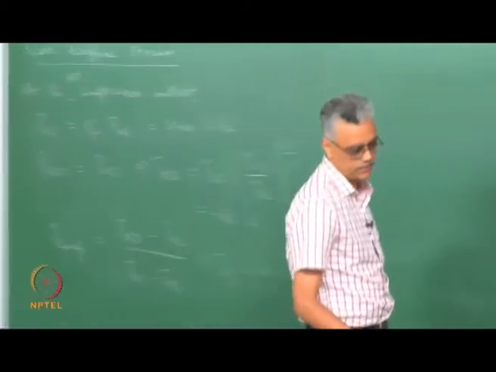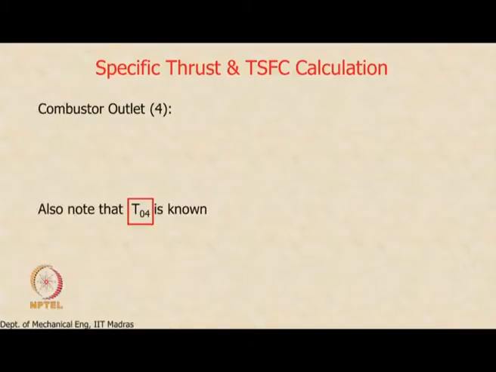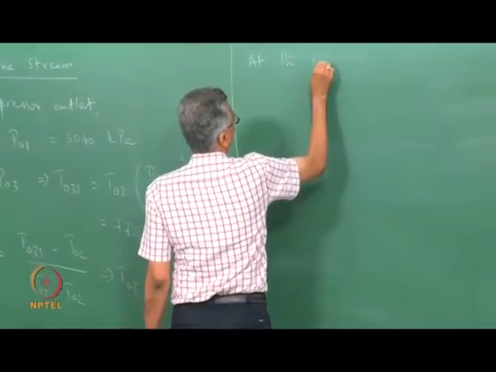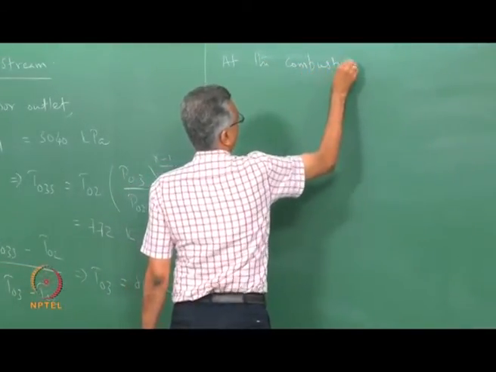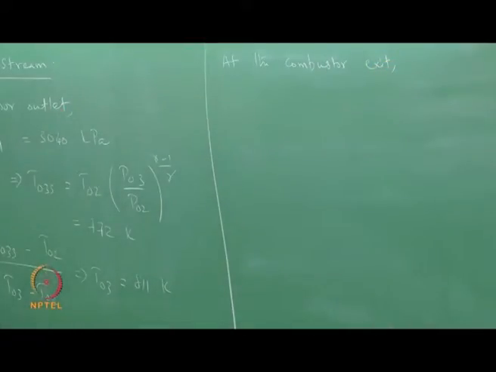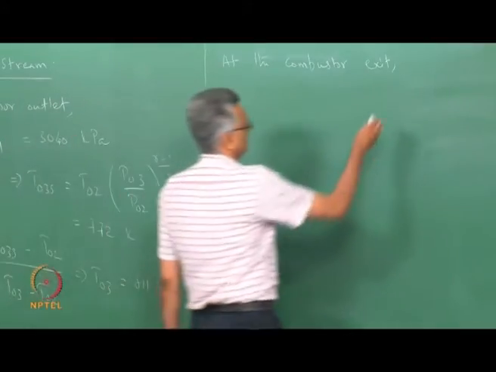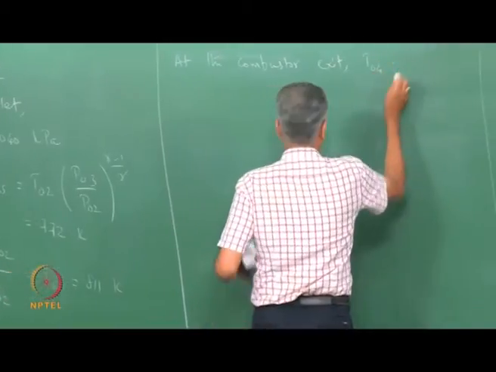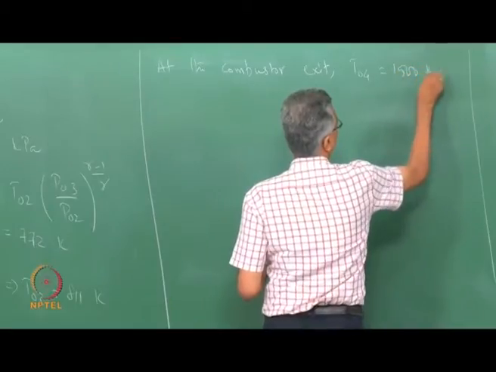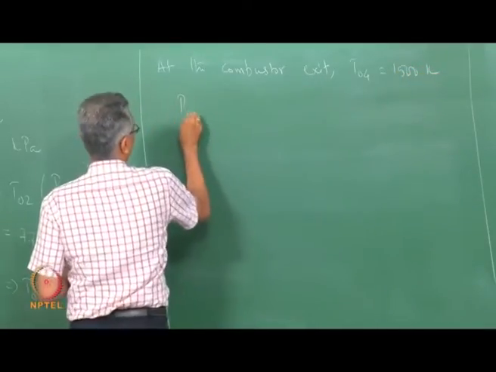Let us go to the next one. At the combustor exit, T04, the maximum temperature is given. So, T04 is given to be 1500 Kelvin,